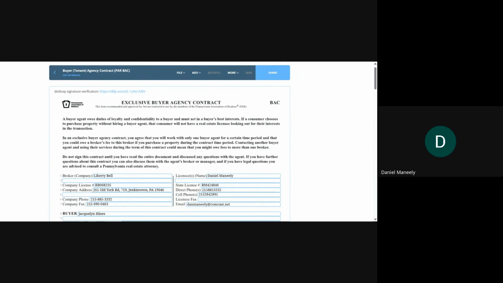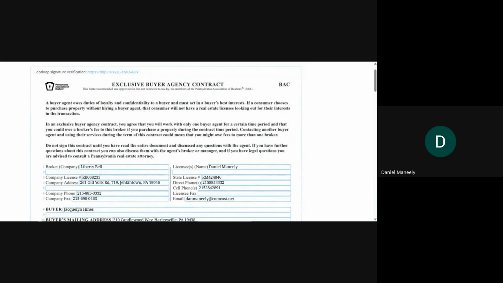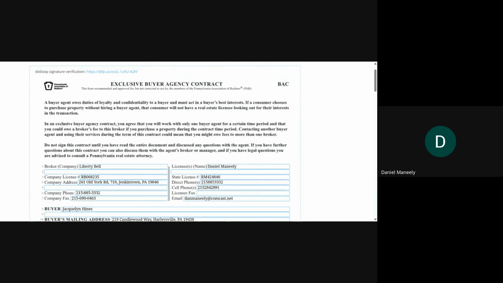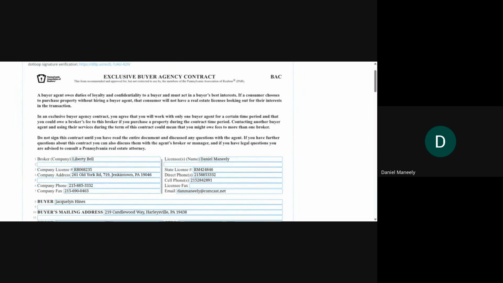And now it's got to be different. You cannot technically show a buyer a property without this contract. And this is what we really want. So I want to cover this with you mainly to discuss how the compensation works, because there are 2